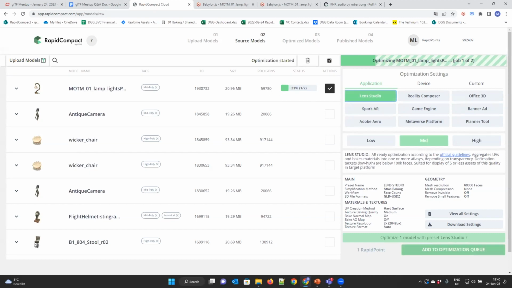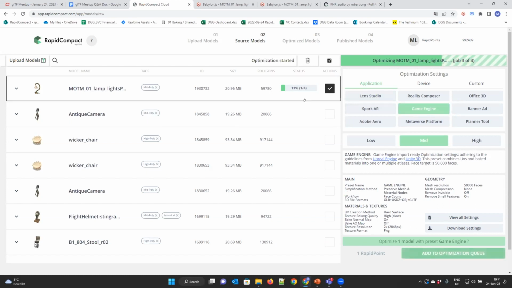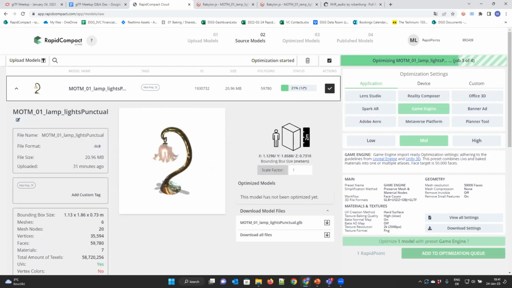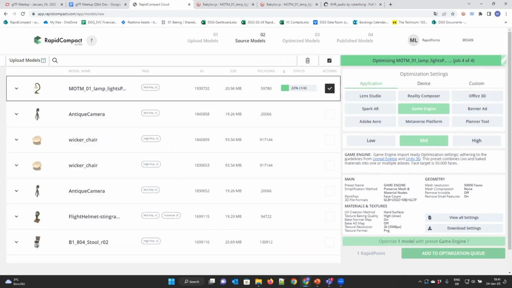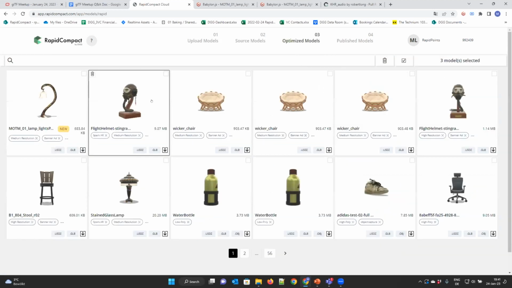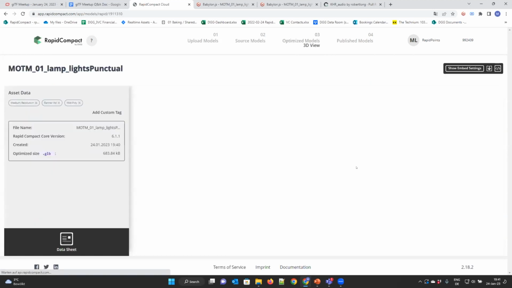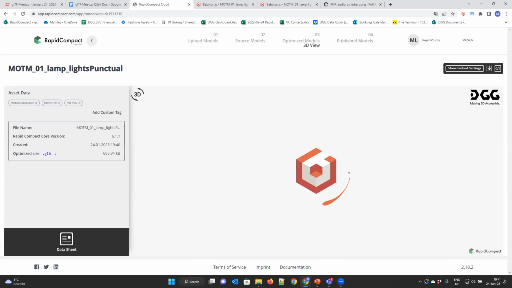And let's say, okay, I want it for Spark AR, I want it for Lens Studio, and for Unreal Engine or whatever. And then you can see here that there are some processes running, and the first one should already be finished by now. So you can see here, okay, that's the 683 kilobyte asset that came out. You can see it here in the viewer